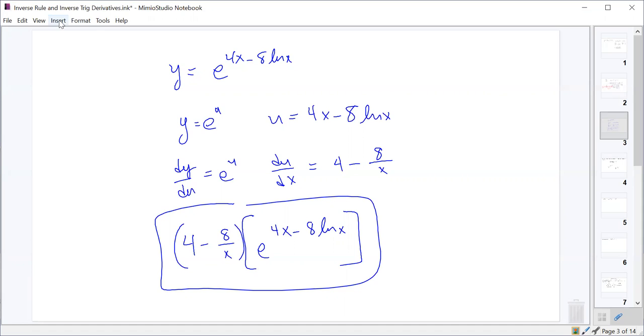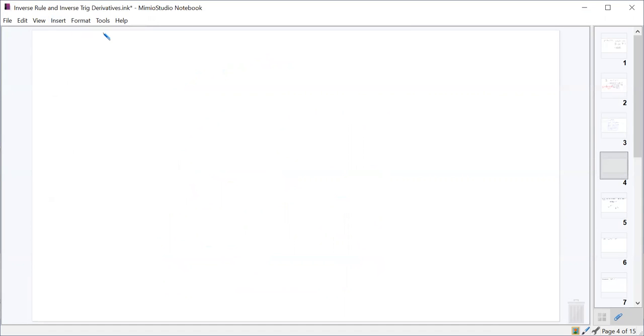All right, next one was number 4 on the logarithmic differentiation one. So we had y equals tangent x raised to the power of e to the x. Whenever we're doing this logarithmic differentiation, we have to take the natural log of both sides. And that's whenever it's a function being raised to the power of a different function. So tangent x is a function, e to the x is a function. It's a function to the power of another function. So if we take the natural log of both sides,